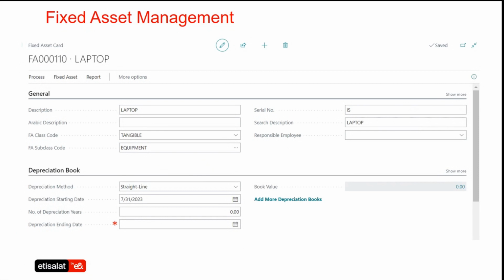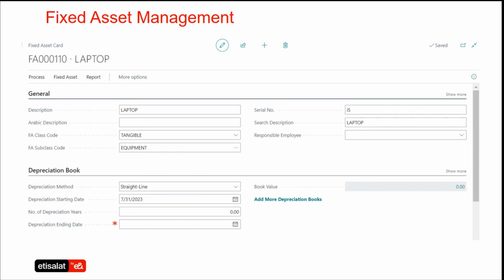Today, most of the ERP solutions in the market don't offer this as a module in their application. But with Dynamics 365, you will be able to even manage your fixed assets. It allows you to manage and support multiple depreciation books and the standard depreciation methodologies as well. It allows you to also manage your assets, tangible and non-tangible.